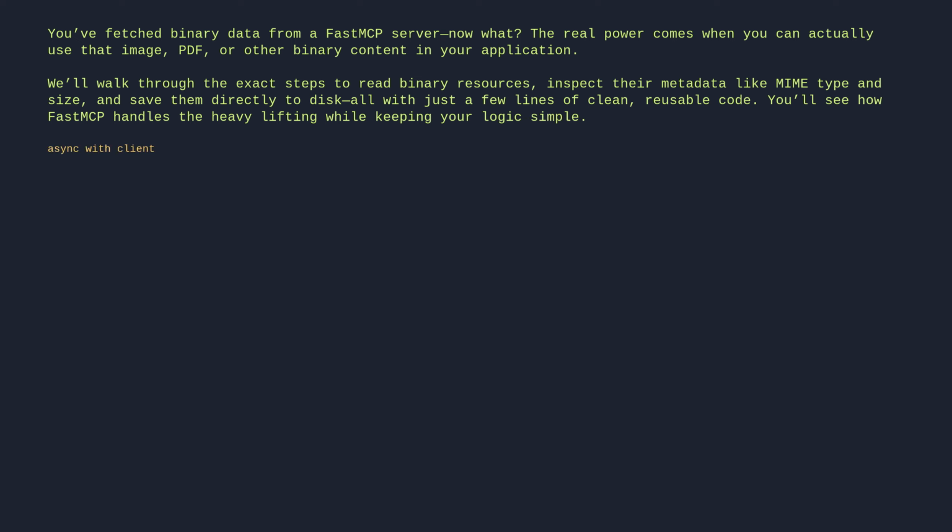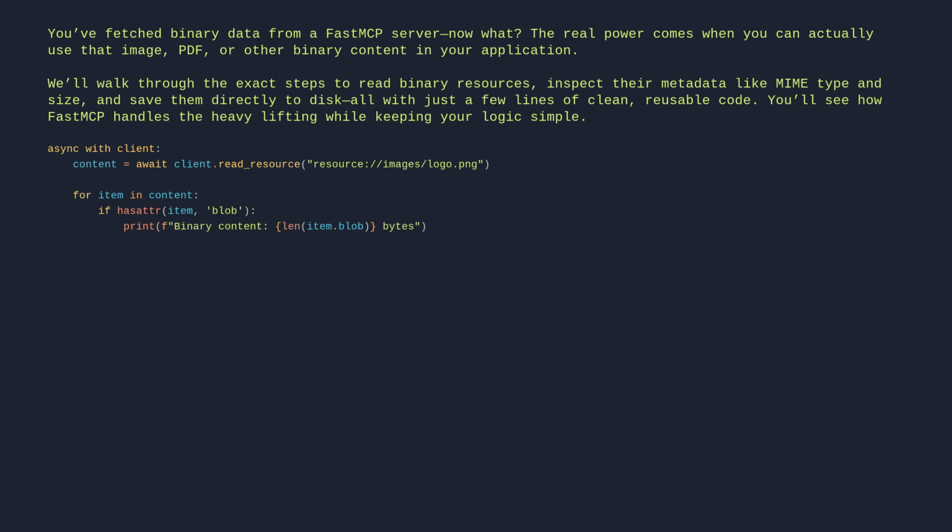async with client: content = await client.read_resource("/images/logo.png"). for item in content: if hasattr(item, "blob"): print(f"Binary content: {len(item.blob)} bytes"). print(f"MIME type: {item.mimeType}"). # Save to file. with open("downloaded_logo.png", "wb") as f: f.write(item.blob)